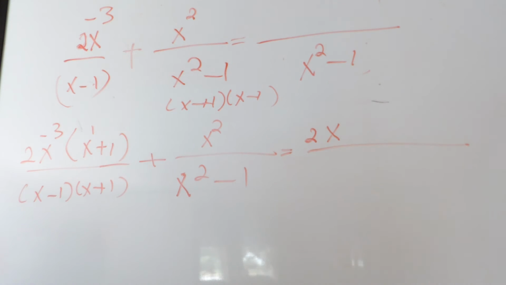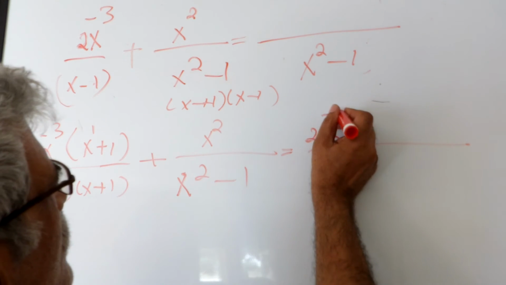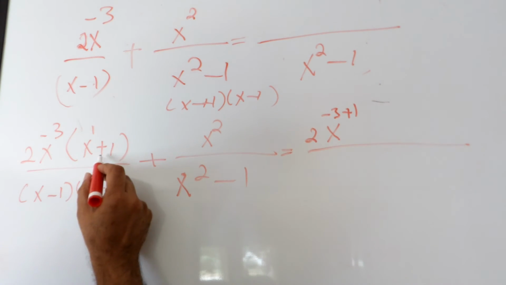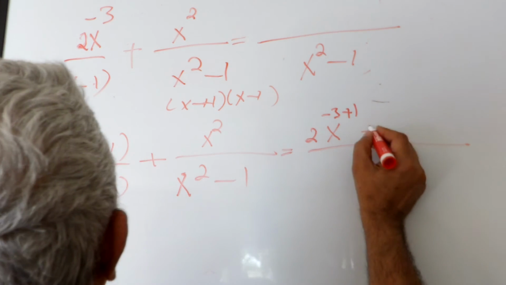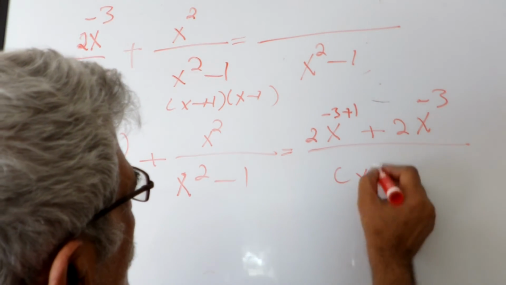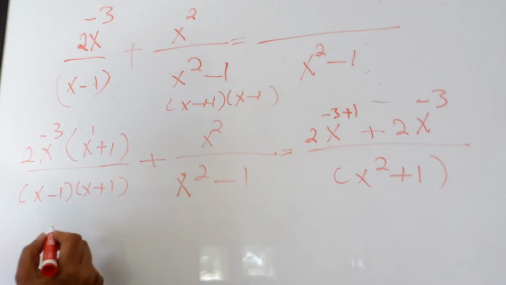When you add them up, what's going to be? Minus 3 plus 1. And then you do the same thing for the other one. It's going to be plus 2 times x to the power of minus 3, and x squared plus 1. And then when you come here to